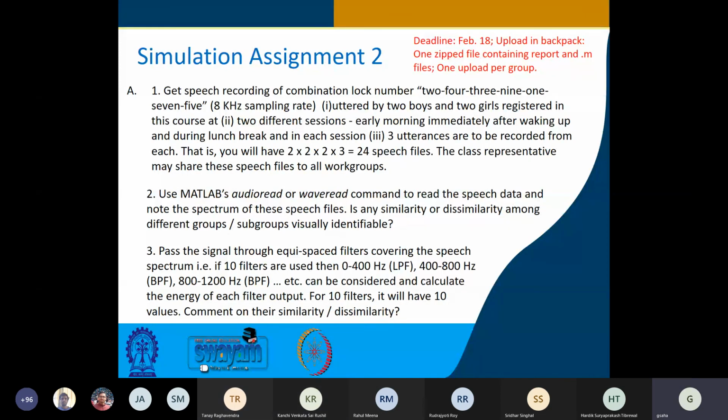Shall we stop? Sir, I had one query from the previous group assignment. Yes, please. Sir, actually, my group made the submission before time, but forgot to include the MATLAB code in that submission. Yeah, no problem. I have seen that mail. Not an issue. Okay, sir. Thank you. Okay, we stop here. If you have any further query, I'll put it up over here. And any variation and other things, you can let me know.